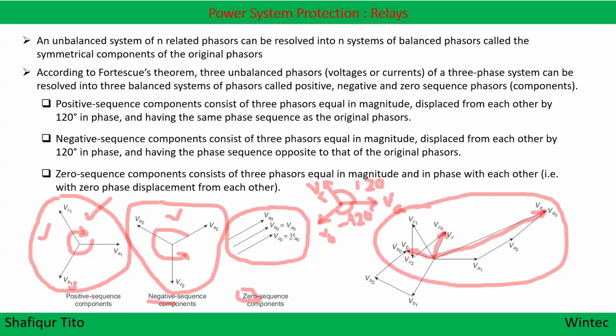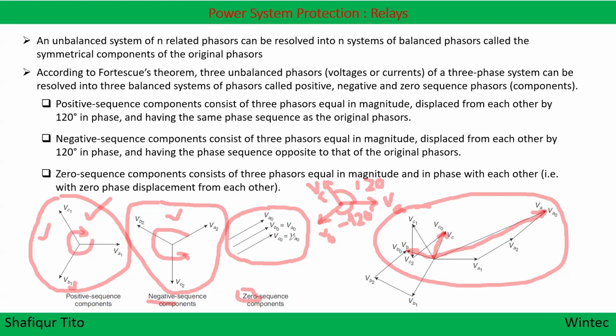The system becomes unbalanced. That means the voltage and the current in the system are no longer equal. So this system cannot be analyzed with our knowledge of